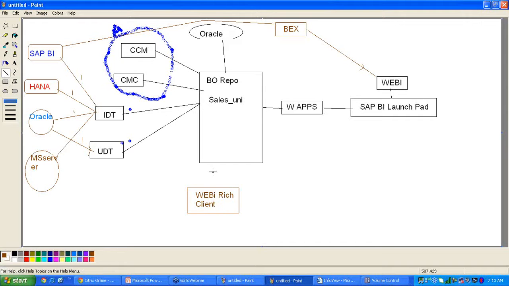So we can create reports by connecting to the universes, and also by connecting to the BEx queries. And also with other data sources. So what are the other data sources?